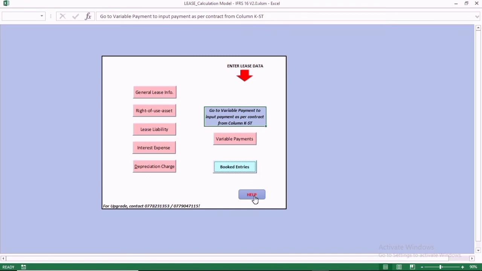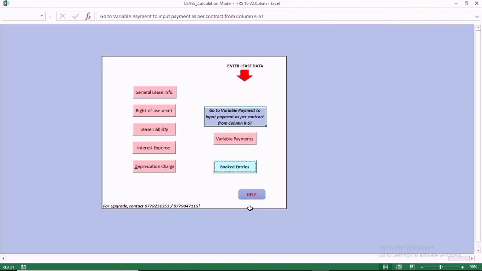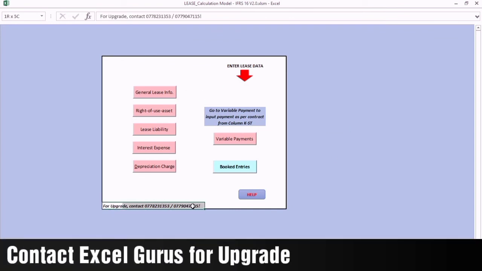Now, we have all of the reports. We have where you're supposed to go to enter the individual list, and you can go to reports. Then you can also generate the individual listings, and this is the module for the